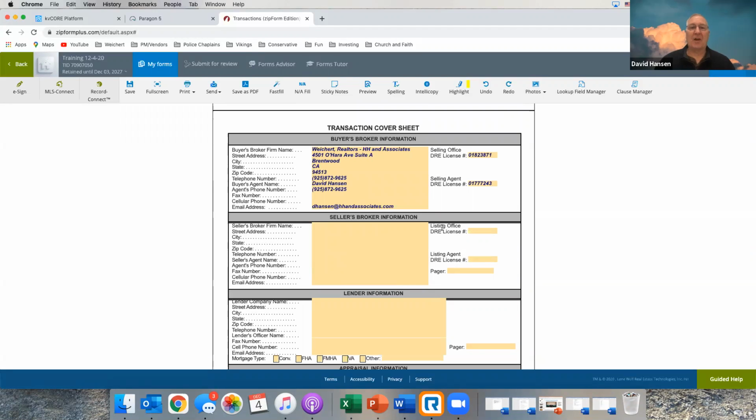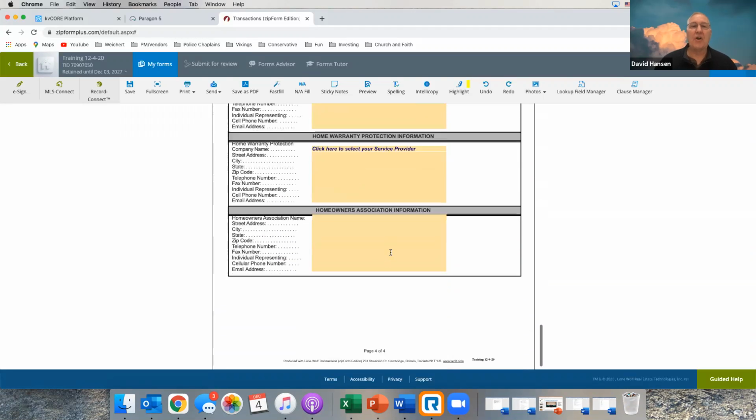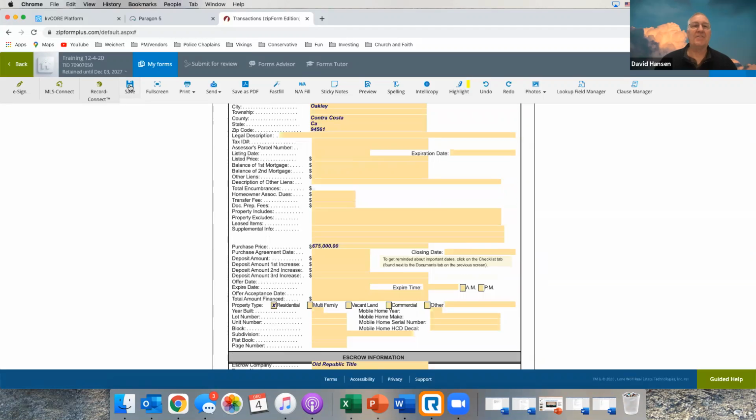And then I would have the seller broker stuff in there. I'm not going to do that for this moment here, but you should put that in there. So once I put everything in there, I'm going to hit save. And then I'm going to go back to my documents. And now we're going to open up the